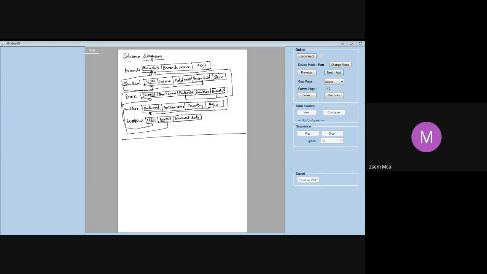So for borrow also you can create a table. Okay, ma'am. Any other doubts, anyone? Any doubts? Okay. Shall we proceed? Yes, ma'am.